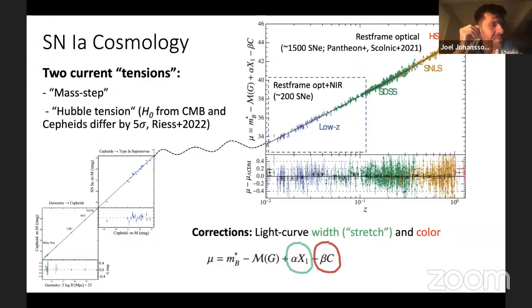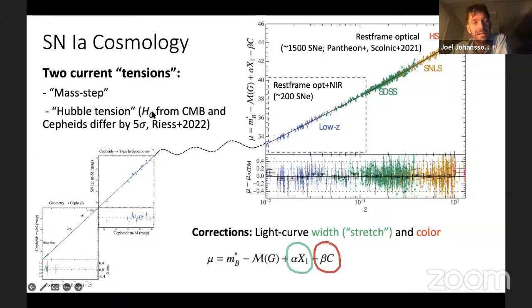And I don't know if it's something to be proud of, but in principle, there are three surprises coming out of supernova cosmology, and that is obviously the first surprise, that the expansion of the universe is accelerating, driven by some sort of dark energy component. But there are two current tensions, one can say, in cosmology, and one I will refer to as the mass step, and I will talk more about what this mass step means,